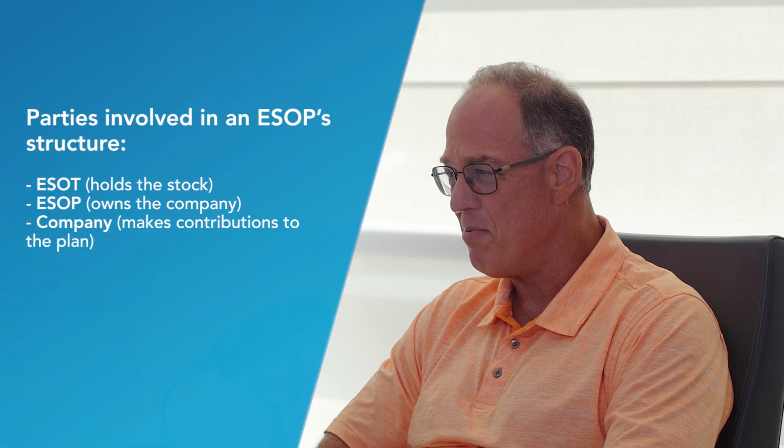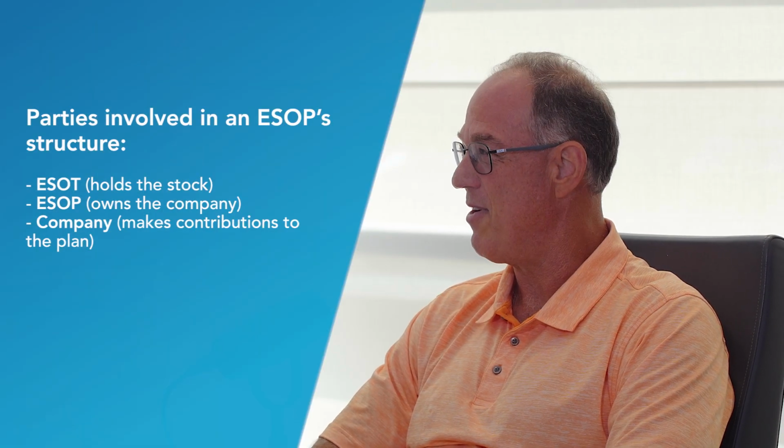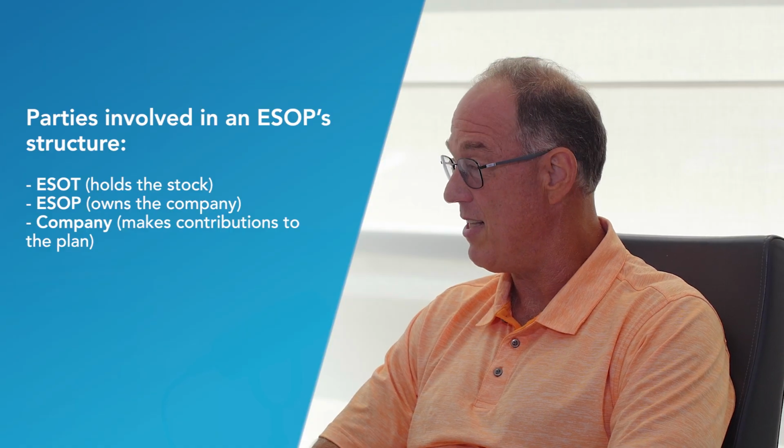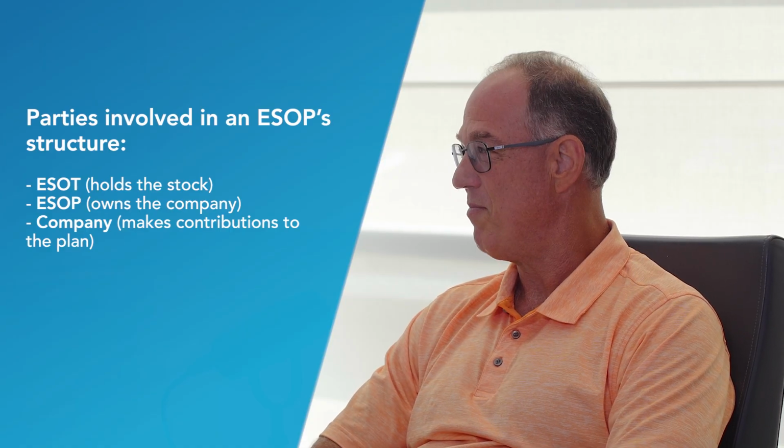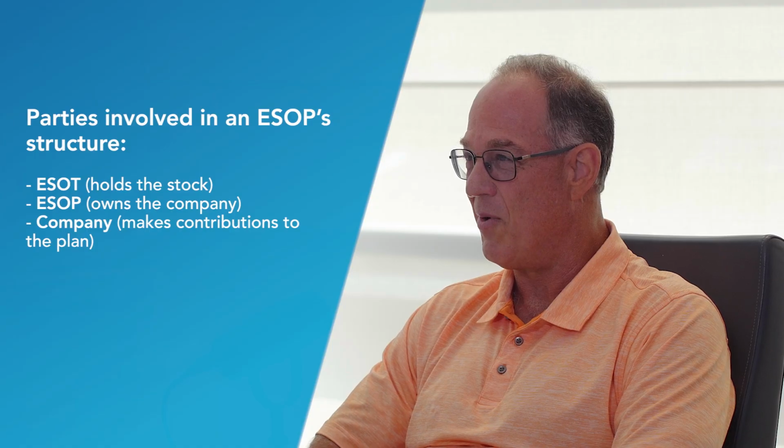And I think it's useful for company owners, when they're considering it, to fully understand this, because a lot of company owners think that it's the company that is the participant in the plan, which in a sense it is, because it's sponsoring with the ESOT and the employees. But having the owner understand the difference between the ESOT, the plan, and the company, the different entities and then the plan itself, helps them clarify what the overall structure is.